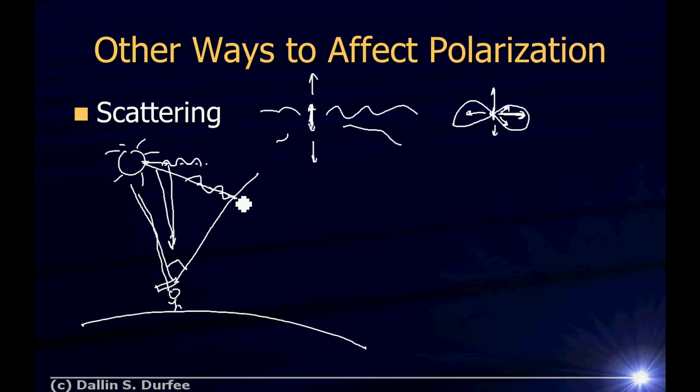The light going in and out of the board can scatter in this direction, but the light that's oscillating this way cannot scatter and go in that direction, right? If it's wiggling that way, it can go in every direction except these two. So if you take your polarizing sunglasses and you look at 90 degrees to the sun and rotate them around, you can make the sky very dark because only one polarization component is scattering towards you at that particular direction in the sky. If you look not at 90 degrees from the sun, then you get a little bit of both.